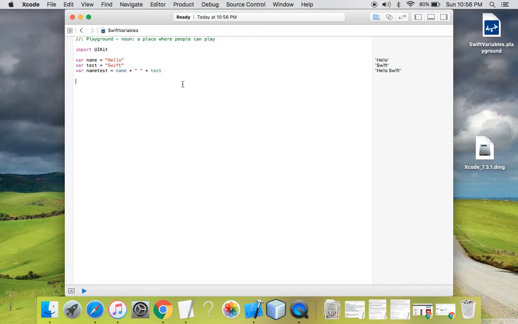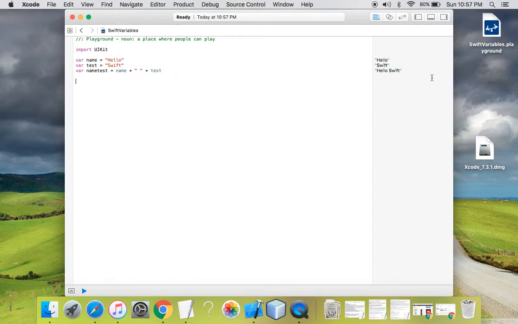So how does string concatenation work in Swift? I have used the name of the first variable, added the plus operator, which is the concatenation operator. After that I have added a space in between so that my text is readable, and then one more plus sign, the concatenation operator, and then my second variable.